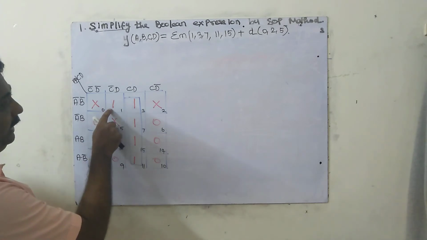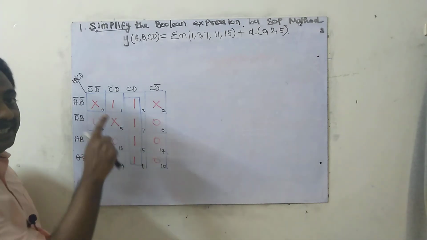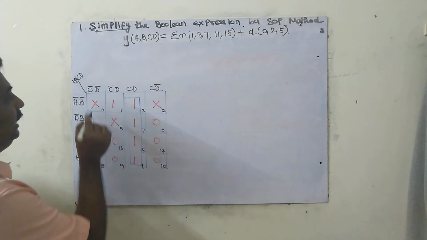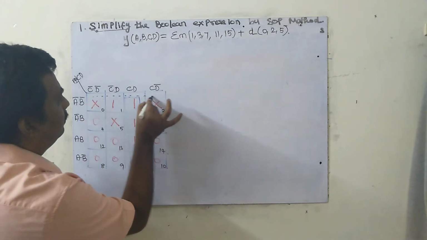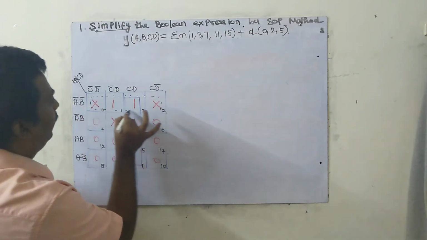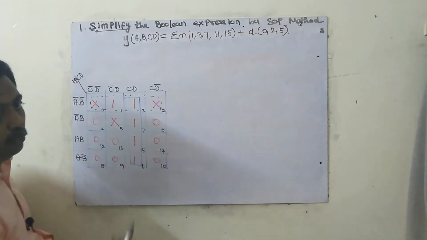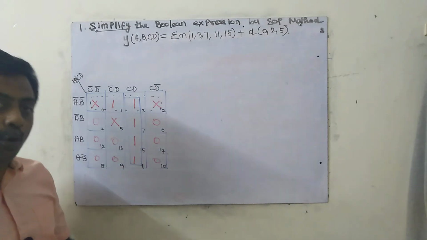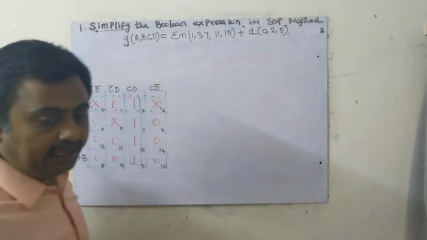I see this one. I can box this 2, but since X is there, we can utilize this X. So either I can box like this, or I can box like this. Both are 4 only. So both the answers are correct. Okay, so what is the answer for this?